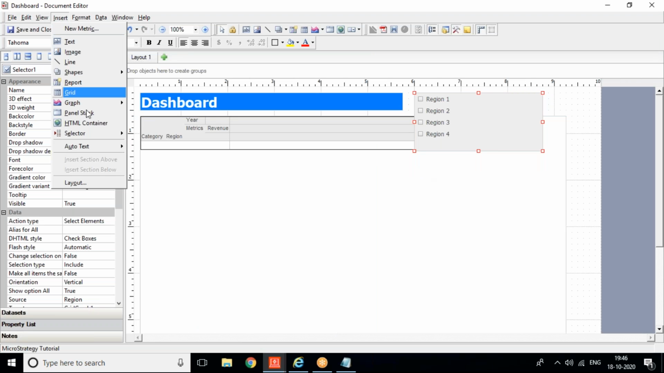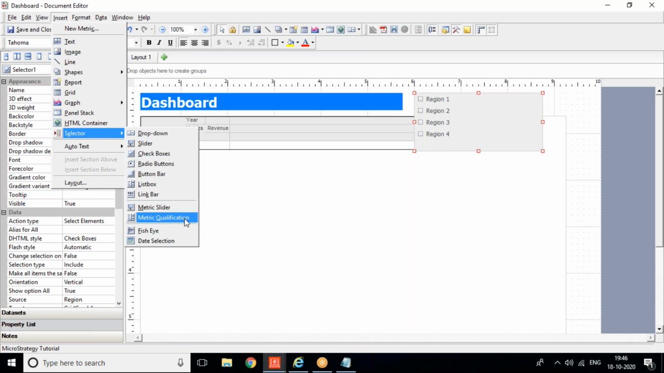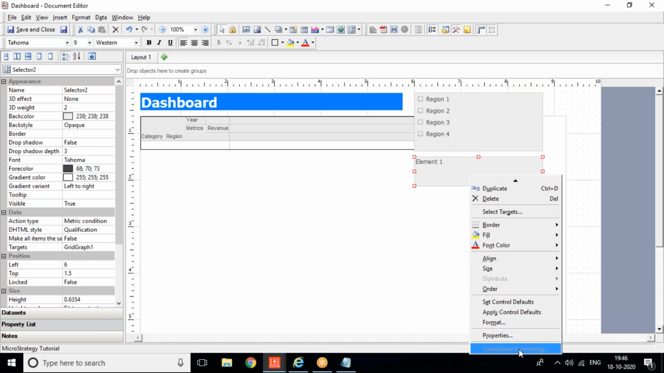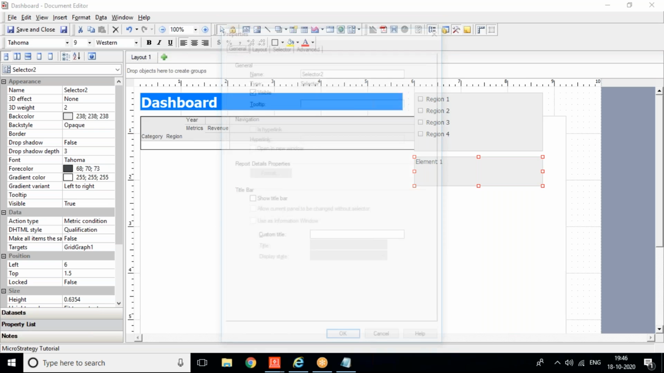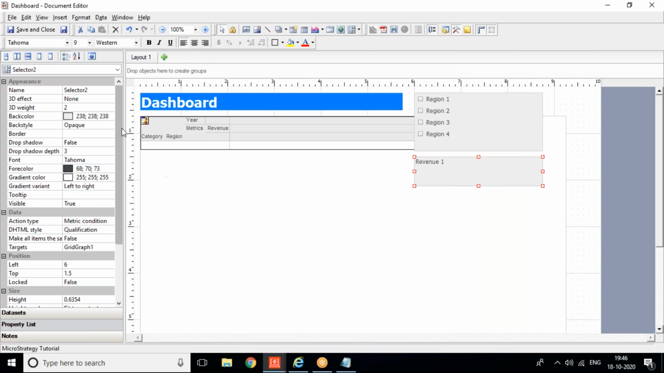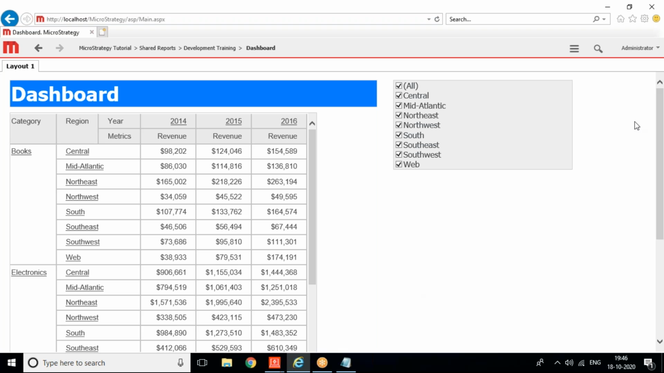So again, I will go to the insert, I'll go to the select, and this time I'm going to say metric qualification, and I'm going to just add it below this. Okay, I'll right click and go to the properties. And under the selector, this time you can see automatically the second option is selected, which says metric condition. Now on what metric do you want to apply that condition? So I can say I want to do it on revenue. You just have to click on OK, save this. I'll come back to the dashboard, refresh it,